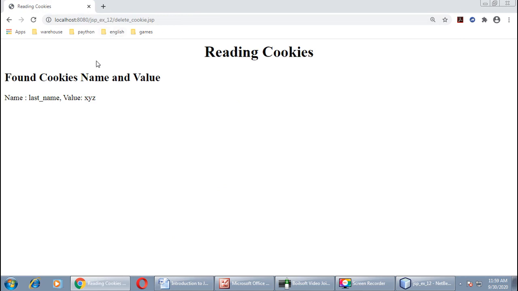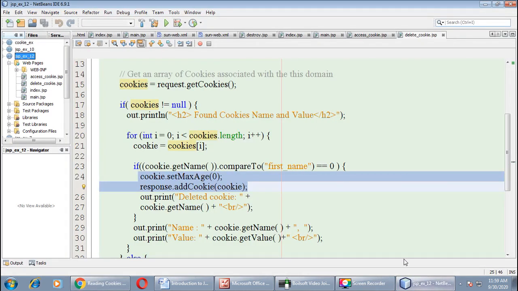Here this will show you the value of the second cookie. This will not show you the value for the first cookie. Why is it so? Because we deleted that cookie by setting its age to 0, right?